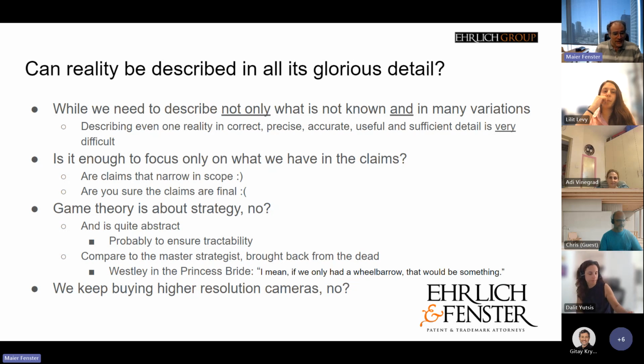We often have that problem when we write patents. Of course, also in regular life, we have that problem. Every time I buy a new cell phone, the resolution doubles. You know, it used to be 500, and then it was 1,000 pixels, and then it was 2,000, and now it's 64 megapixels in the image. Okay, so we obviously want to have more details in our life, and we also need it in order to do things like